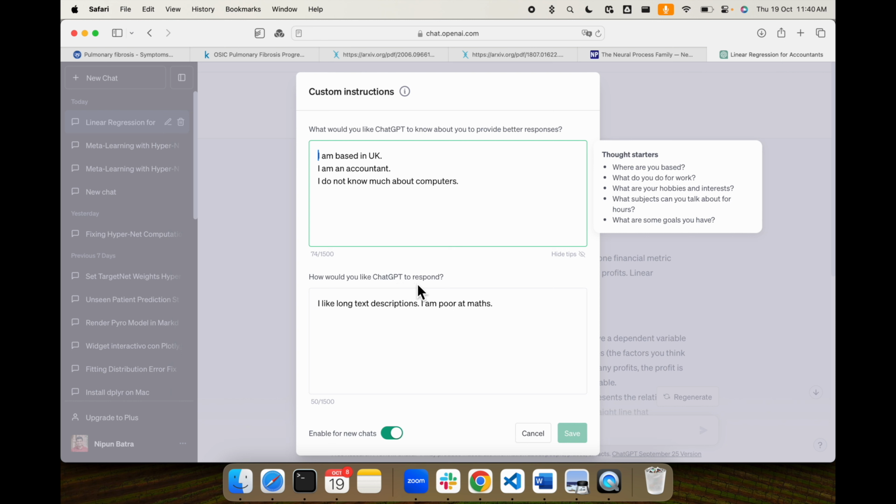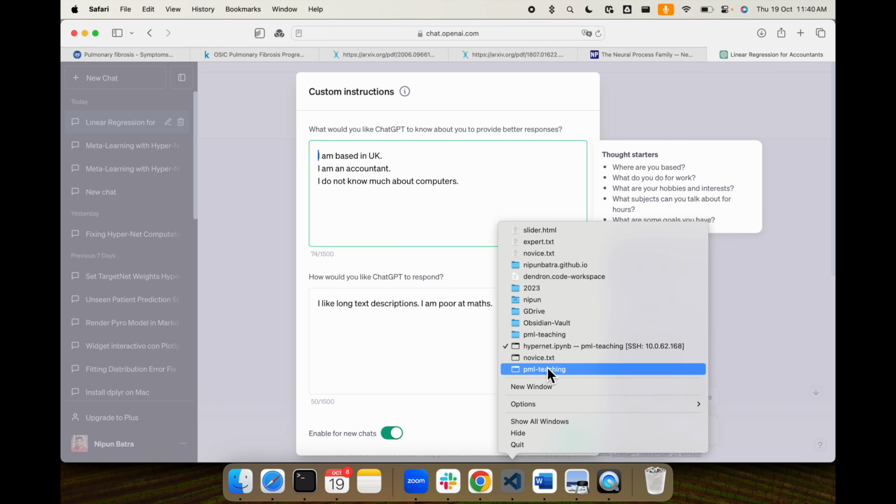And I told ChatGPT to respond with, I like long text descriptions. I am poor in maths. So given this specific context, it is giving me a new answer. So therefore, the context helps you understand, explain the new predictions. Essentially, this task of ChatGPT is a next word prediction like thing. Now that is changing based on the context that I've given. Now, if I were to give it some other context,